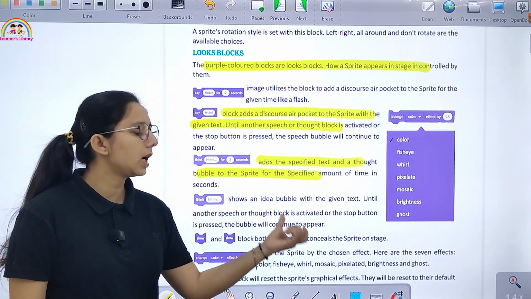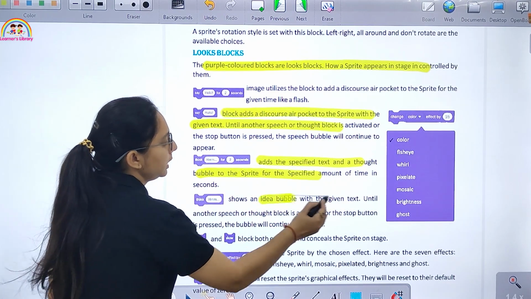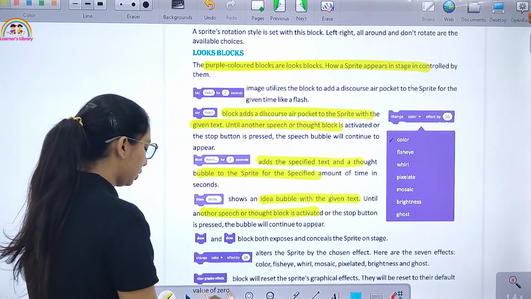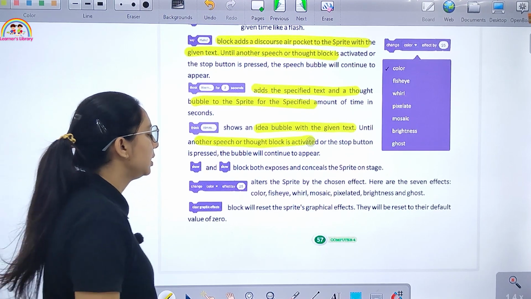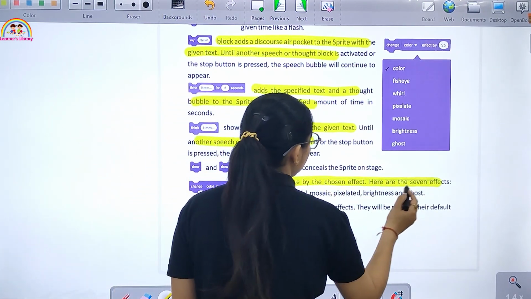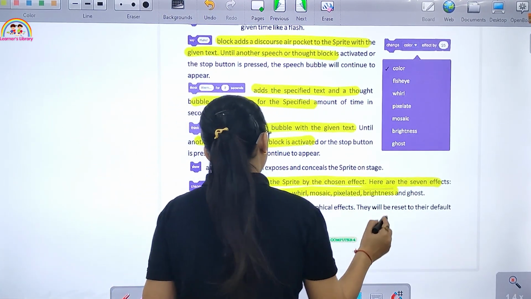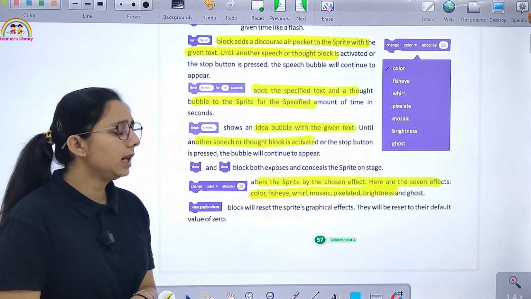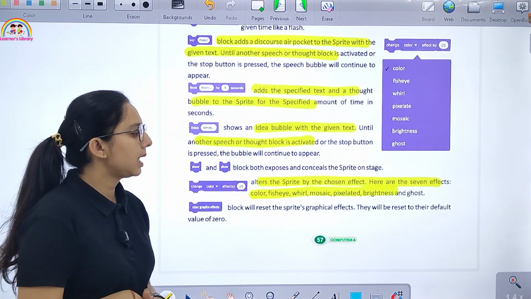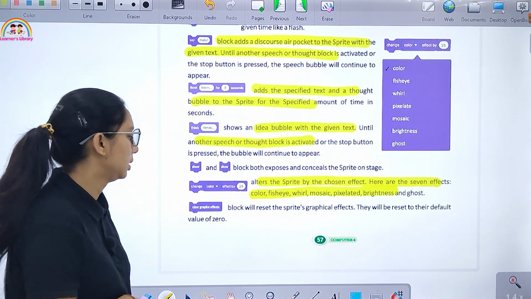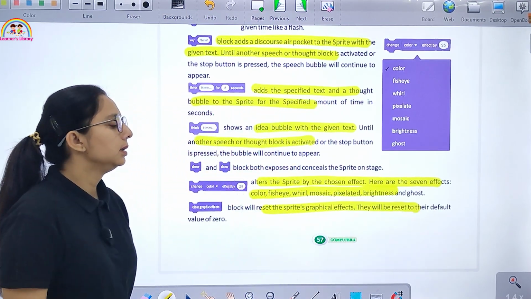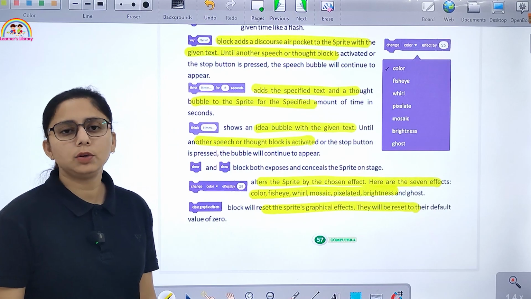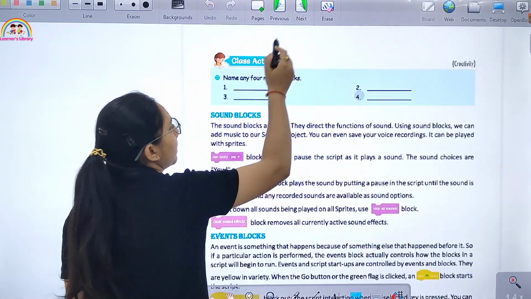Think Hmm shows the thought bubble with the given text until another speech or thought block is active. Next is change color effect. Alter the sprite by choosing an effect. Here are 7 effects: color, fisheye, whirl, mosaic, pixelate, brightness and ghost. Clear graphic effects resets the sprite's graphic effects to their default value of 0.